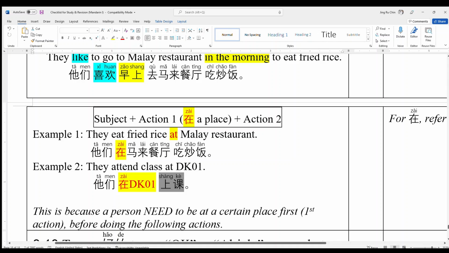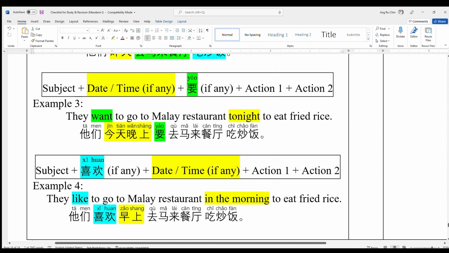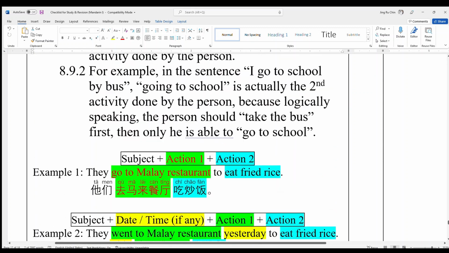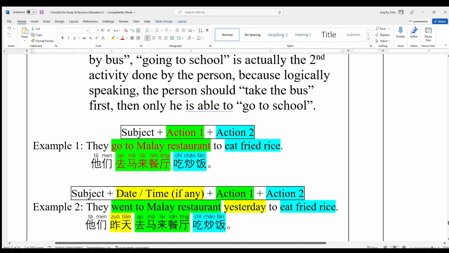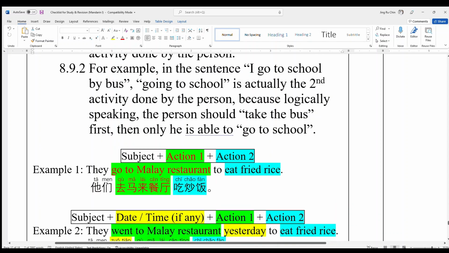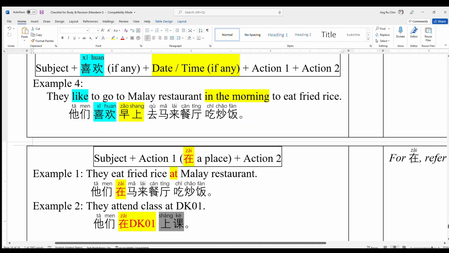So this is something that you should know. The sentence structure in Mandarin follows this logic. I hope I make myself clear enough, because it seems complicated on the surface, but when you understand it already, it's not that hard. I'm just trying to give you a confidence boost. Okay, that's all for this video. I hope you do your best to try these sentences, understand and practice them, and I shall see you again in another video. 谢谢。